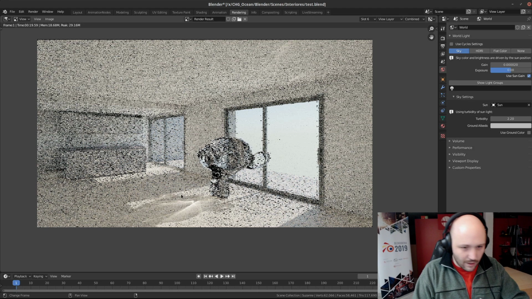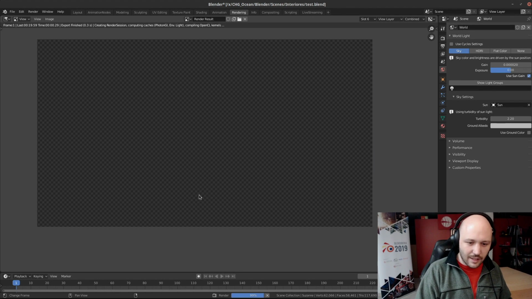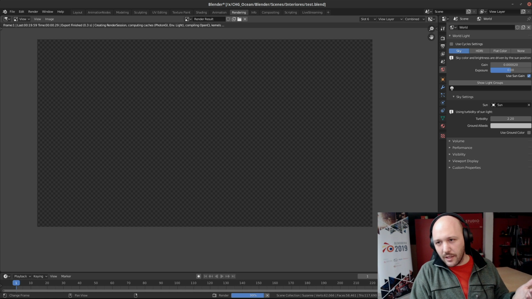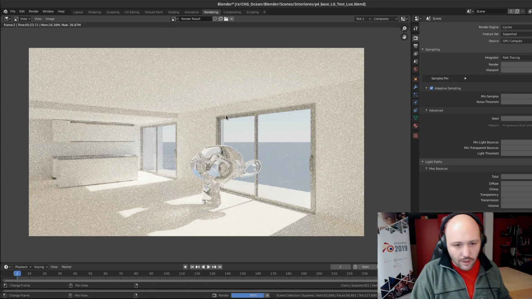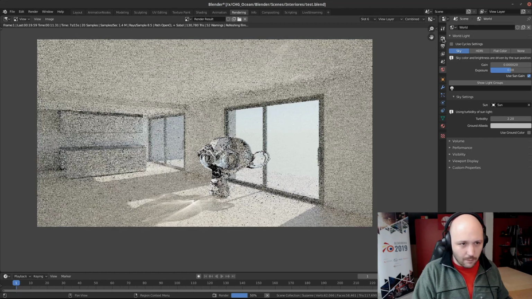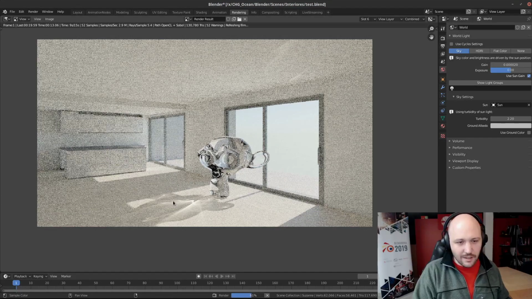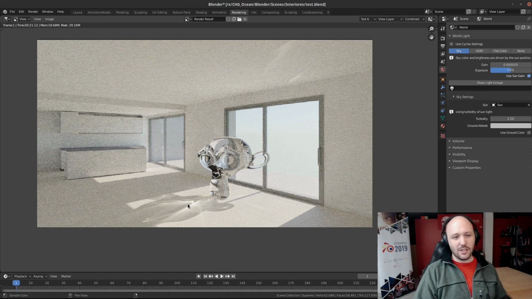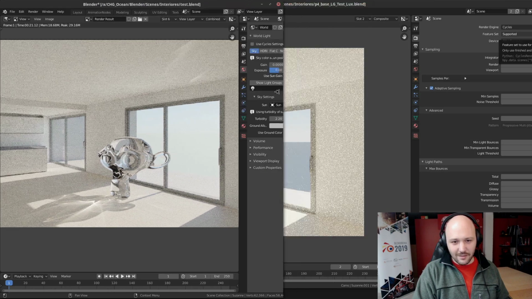Of course, let me re-render this because it had to recompile the kernel. And I think I'm going to increase the render time a bit. This was 23 seconds. Let's give Lux a bit more time to clean up this scene. 15 seconds, it's going to stop right now. But you can see the caustics here. Again,